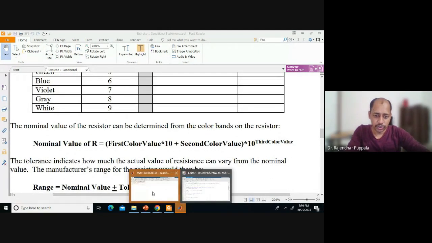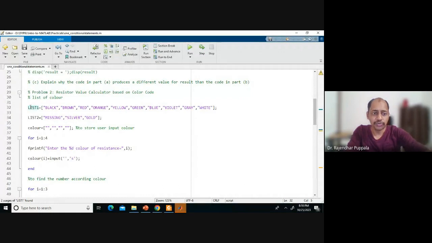So we are considering two sets of colors here, list one and list two. All colors we are considering in capital letters only: black, brown, red, orange, yellow, green, blue, violet, gray, and white, right? So just try to write these here